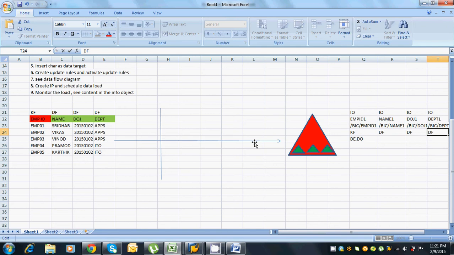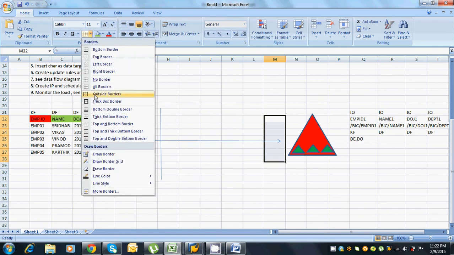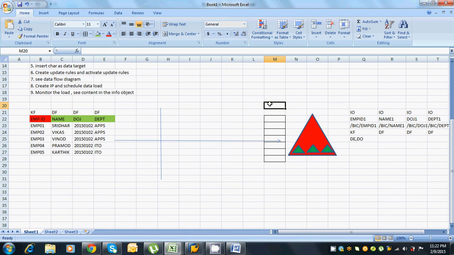Now whenever we create info objects and whenever we maintain other info objects as attributes, the system creates a table, and this table is going to be something like this. Within the info object, the system creates a table, and this table is known as the P table. The P table will be generated for the employee info object, and the table will be generated something like this: